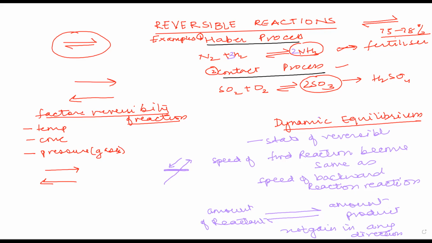So this particular state where the speed of the forward and the backward is same, we call such state as dynamic equilibria. We call it dynamic equilibria. Now this dynamic equilibria is normally attained at a specific, एक खास स्पेसिफिक टेम्परेचर पे